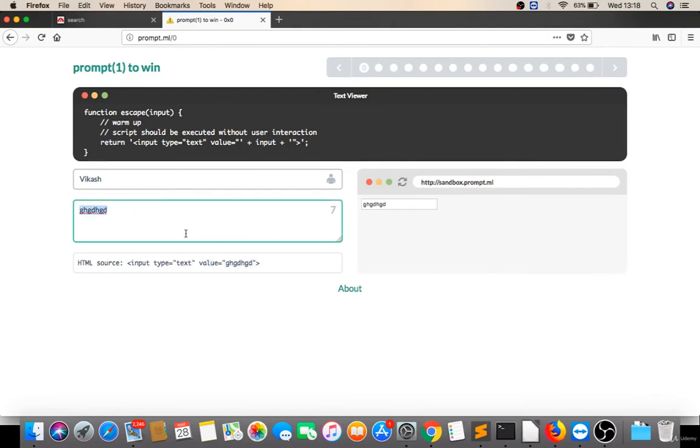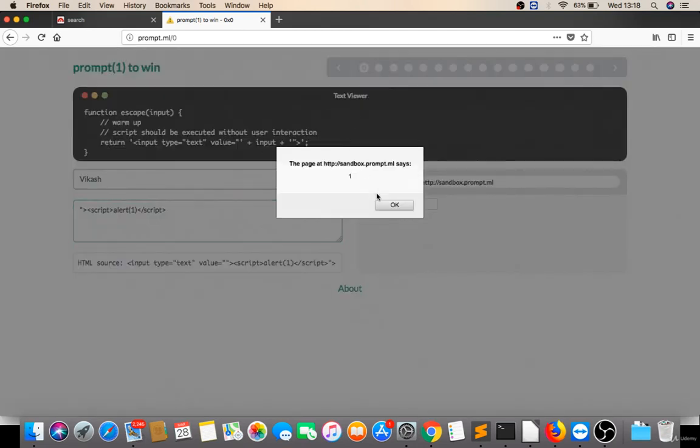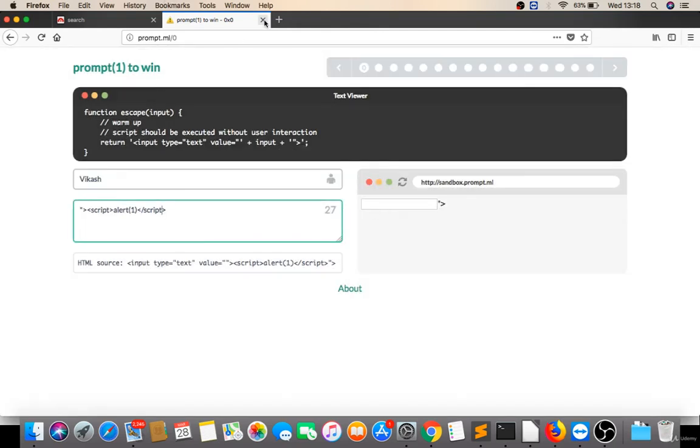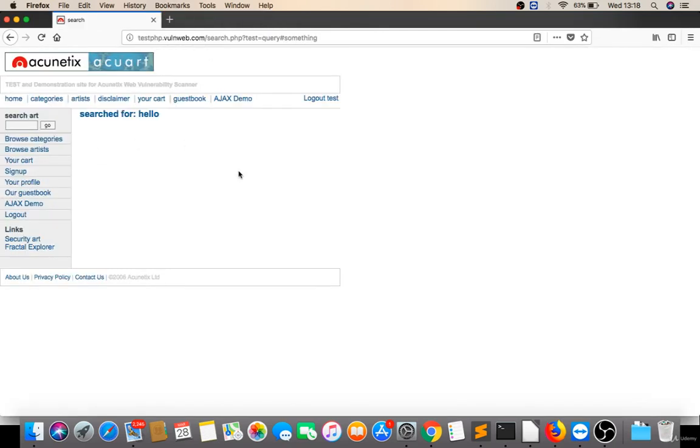And if I give any payload there and it executes, then it's called DOM-based cross-site scripting. See this? It's only executing in the user's space, not through the server side.